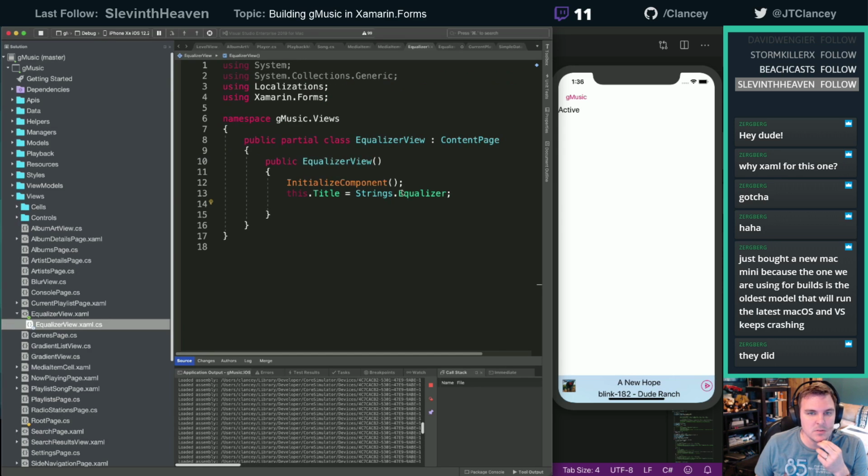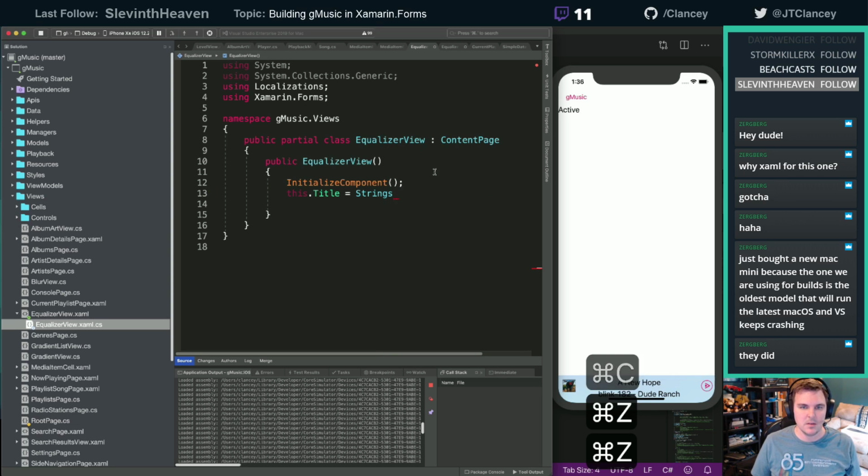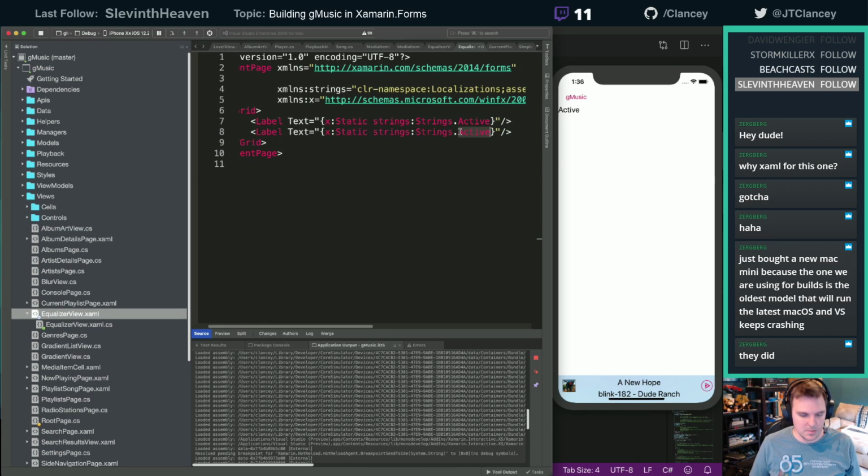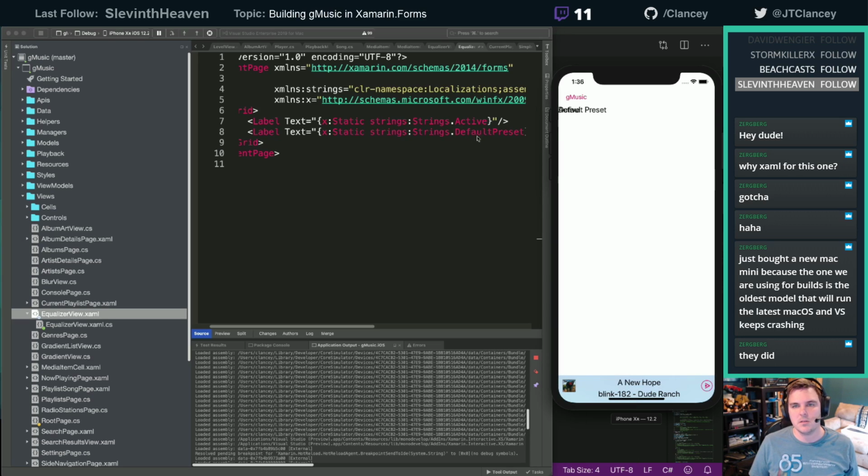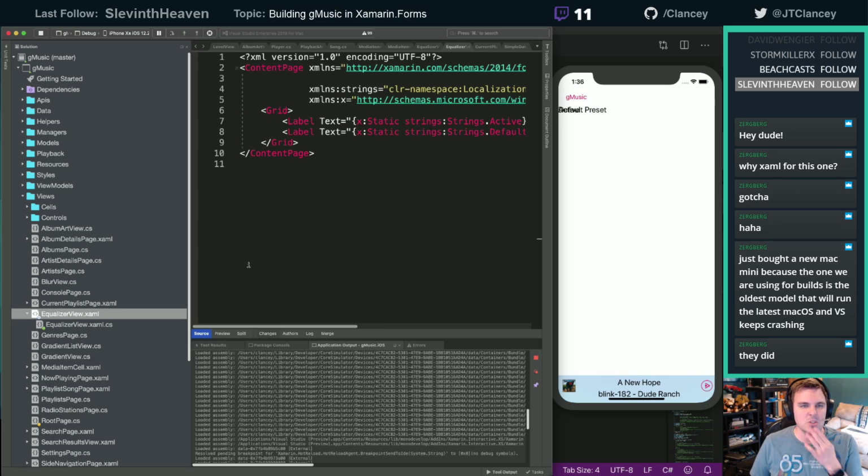And again, I don't know. All right, it's just default preset. I'm nice and easy normally with my naming. Not always, but now save that. All right, perfect. So what we'll do is we are probably going to do the row definitions because the row definitions are going to be different.